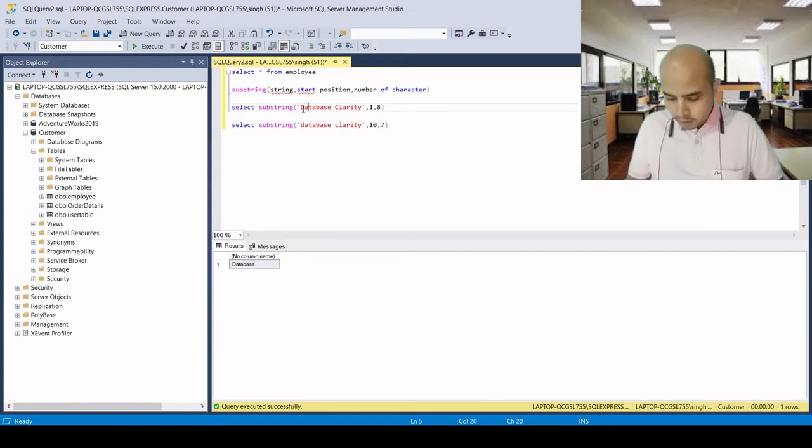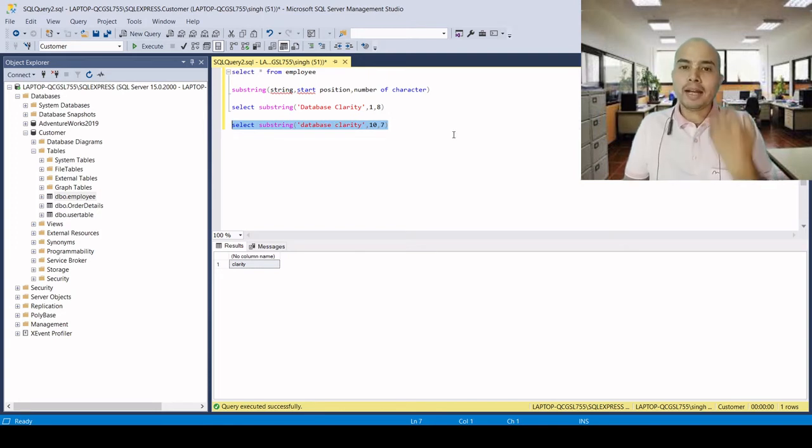So let's count 1, 2, 3, 4, 5, 6, 7, 8, 9 and 10. It will start from C, because 1 through 10 lands on C. So here you can see that we can extract any characters from any string.